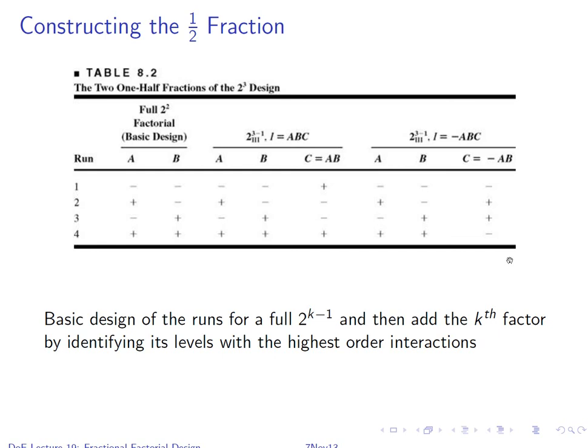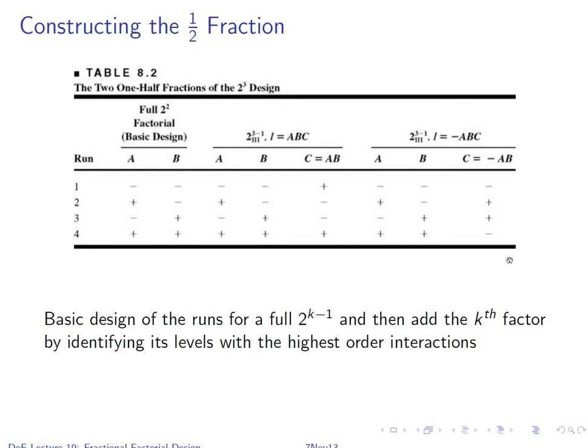So the design procedure is you start with a full factorial design for the one fewer variable, and then you add the variable based on a defining relationship, as you see that's given, and simply multiplying them out as you could easily do with an algorithmic procedure, and then assign the factor levels either low or high as we've done. So this is a basic design of the runs for a 1/2 fraction